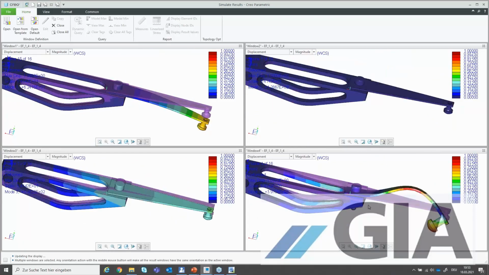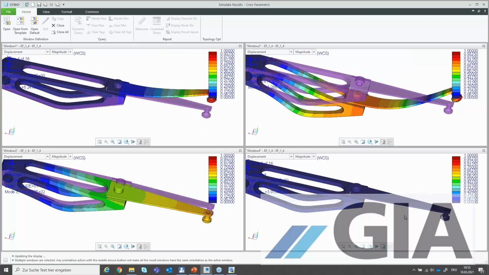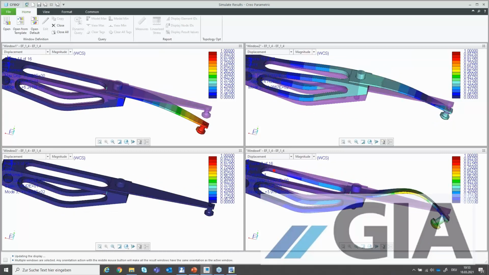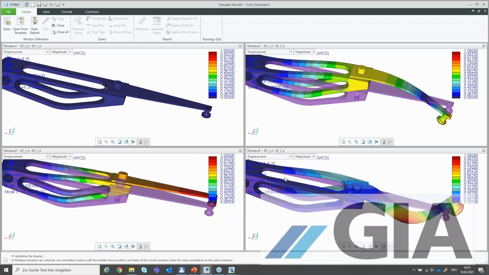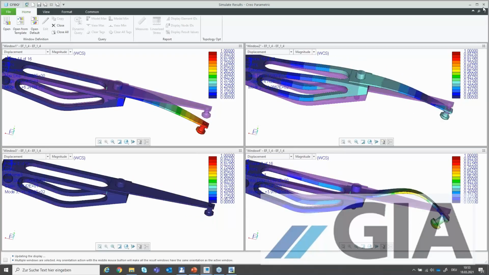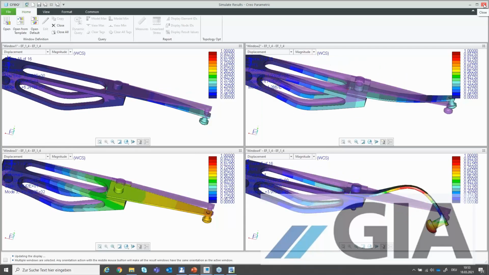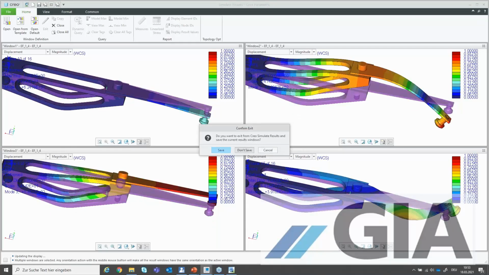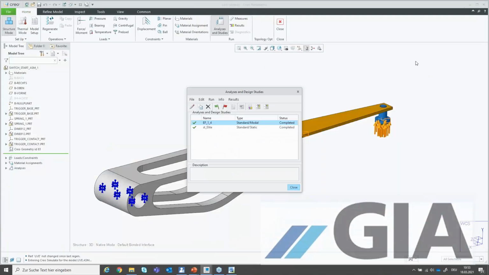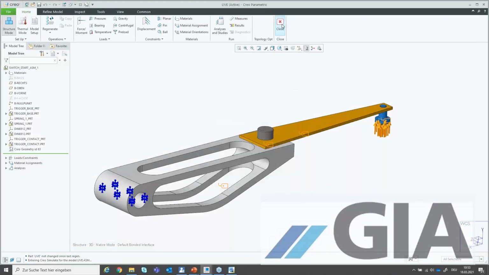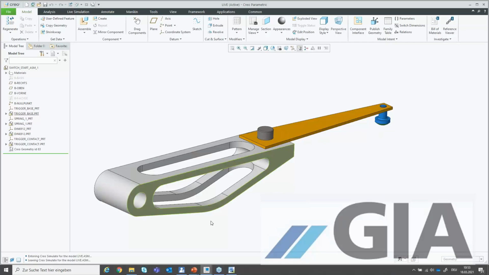Okay, now my boss is coming and asking me, oh, we have to change something here. He wants to fill that gap, and he wants to see how the eigenvalues are increased. I tell him, oh, I modeled that in Elements Direct. This is no Creo Parametric. Oh, no, that's no problem. So just going out of the post-processor, I'm going here back to the Creo Parametric modeling mode, and I will